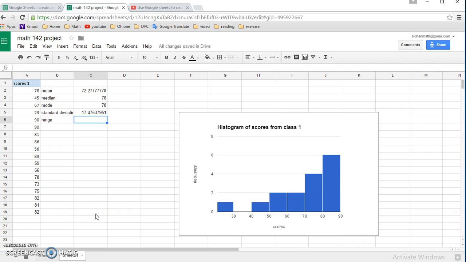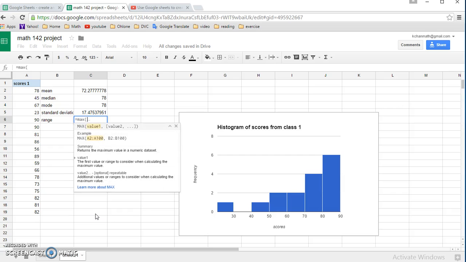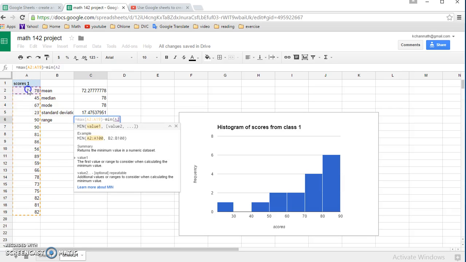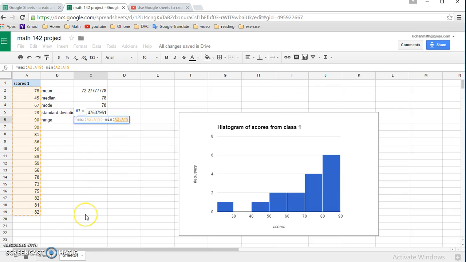Range is the difference between the maximum and minimum. So what you do is you do equal, not equal range, but equal max of all your data. Select it, close parenthesis, minus minimum, open parenthesis, select the data again, and then press enter. So that is the range. So there you have all the important numbers that you need for summary statistics